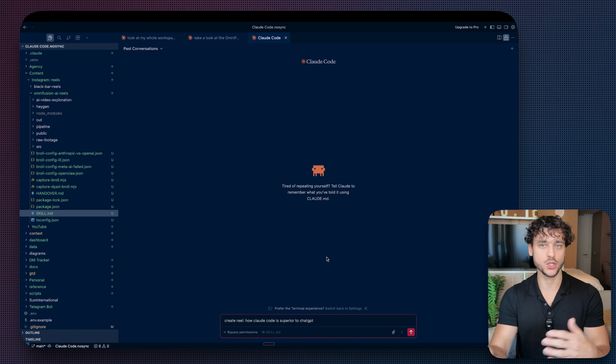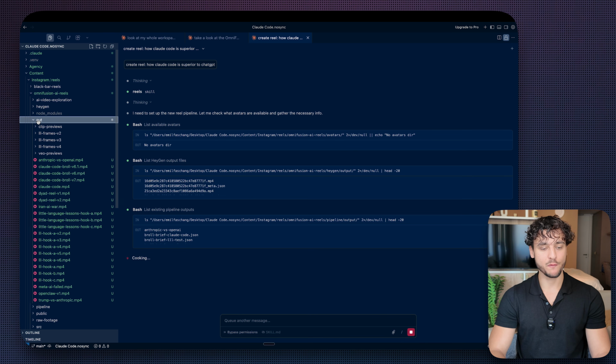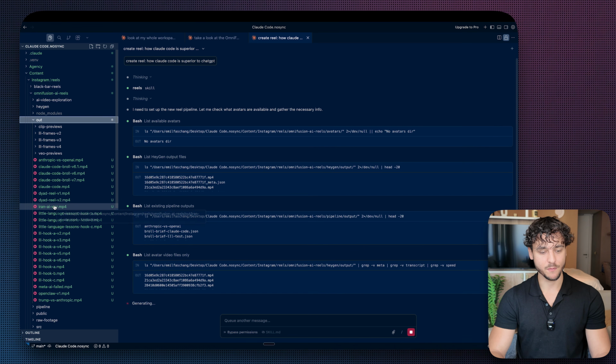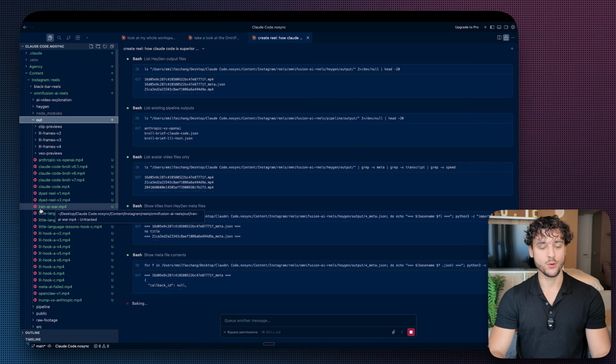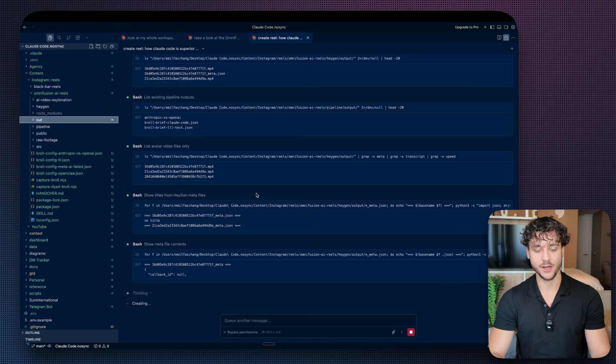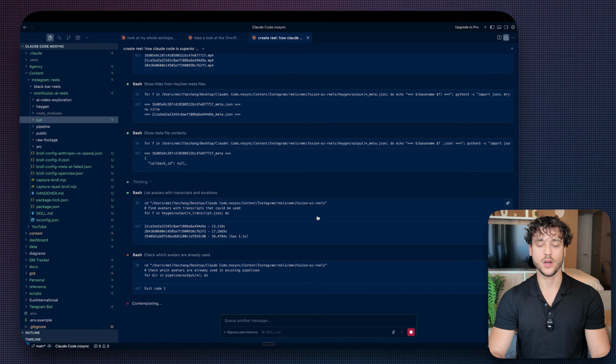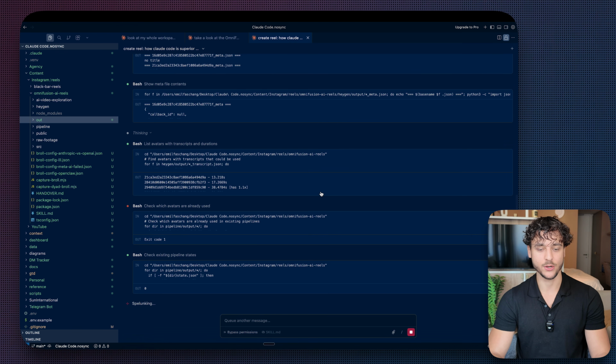I can also have it run multiple at the same time, but I would simply hit enter, and it's going to start cooking that up and actually generating the entire Instagram reel. As you can see, if I open up the out folder on the left-hand side, you can see all these different versions of videos that I've made, including the one that I showed you with the Iran AI angle, but also a ton of other videos that I've made so that you can see this is not just a one-time off thing. This is actually an end-to-end video generation pipeline. So he's now walking through the entire process and he's going through everything to understand what needs to happen, and he's going to start generating the reel.